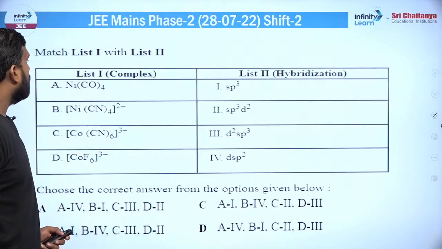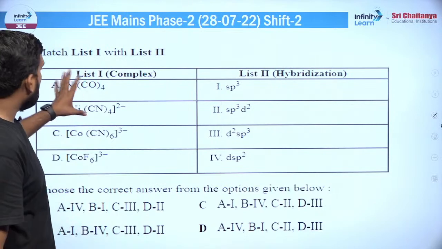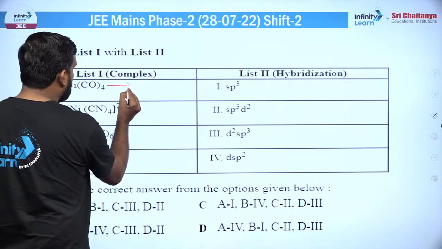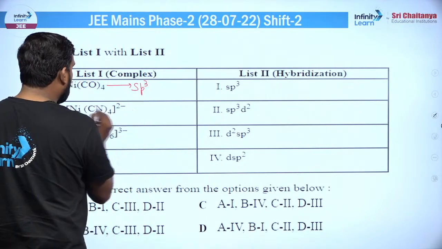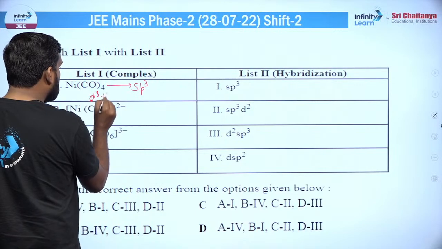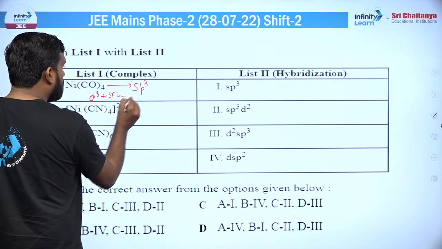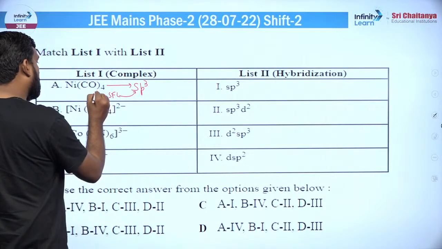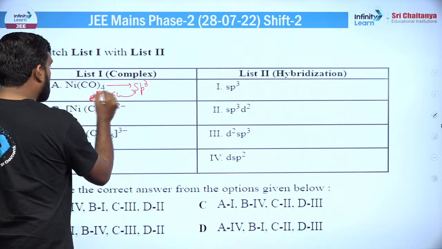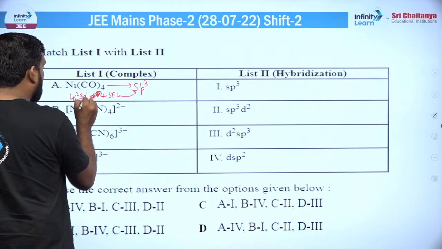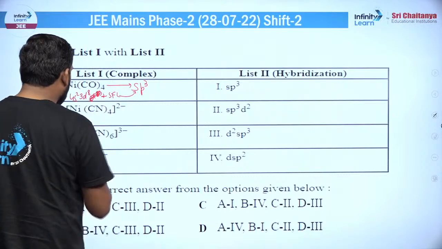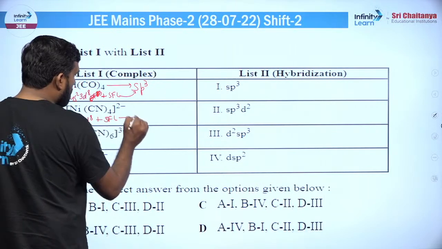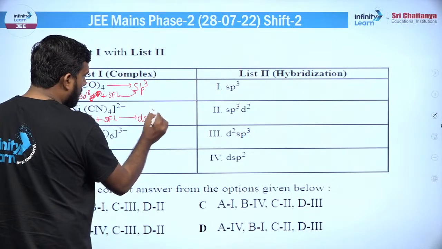तो दोनों सही हैं, ठीक है, तो ये आपका आंसर हो जाएगा। मूविंग टू द नेक्स्ट क्वेश्चन, यहाँ पे कुछ कंपाउंड्स दिए गए हैं, कॉम्प्लेक्सेस हैं, और इनको आपको लिस्ट 2 हाइब्रिडाइजेशन से मैच कराना है। इसको अगर देखोगे तो ये sp3 होता है, ठीक है। इसकी जो इलेक्ट्रॉनिक स्टेट आती है वो d8, स्ट्रॉन्ग फील्ड लिगेंड आता है, जो बेसिकली d10 बनता है, सॉरी, इसको आप ऐसे लिखो तो ज़्यादा समझ आएगा, 4s2 3d8, ठीक है। फिर इसमें आप SFL डालते हो, sp3 आ जाता है। यहाँ पे होता है 3d8 और 3d8 में आप SFL डाल रहे हो तो इसमें जो हाइब्रिडाइजेशन आएगी वो dsp2 आ जाएगी, ठीक है,